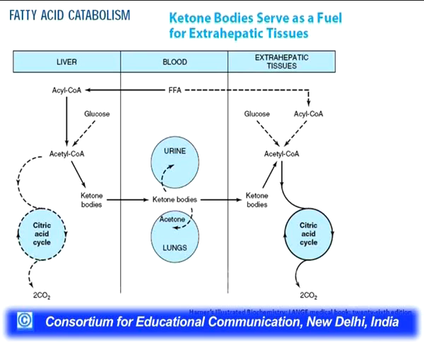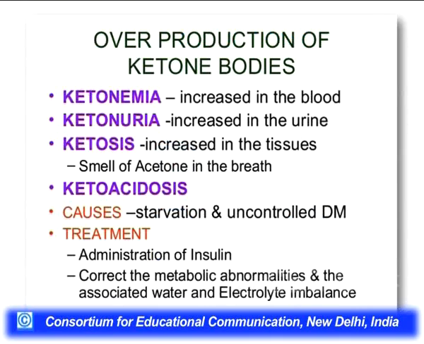During this transfer through the blood, when these ketone bodies are overproduced, many of them, such as acetoacetate, start coming up in the urine also, while ketone bodies such as acetone start getting diffused into the lungs. So the overproduction of these ketone bodies is very harmful for our body mechanism. There are different diseases related to the overproduction of these ketone bodies, of which some of them are